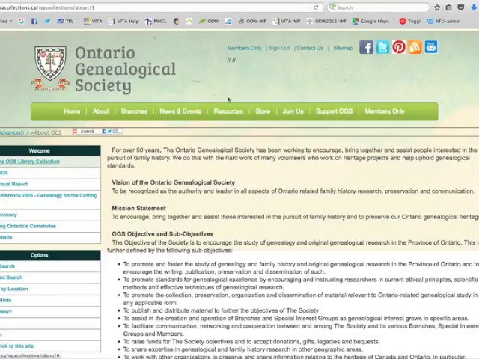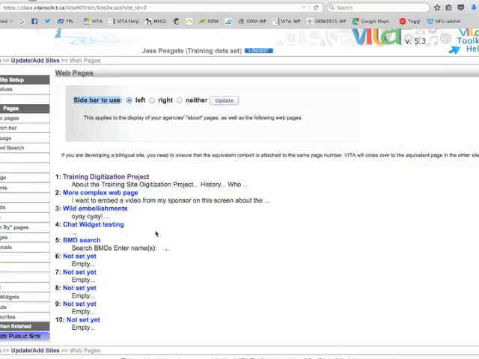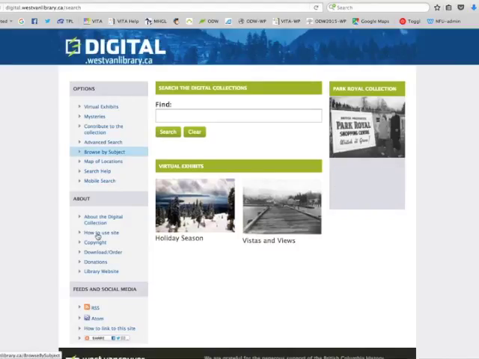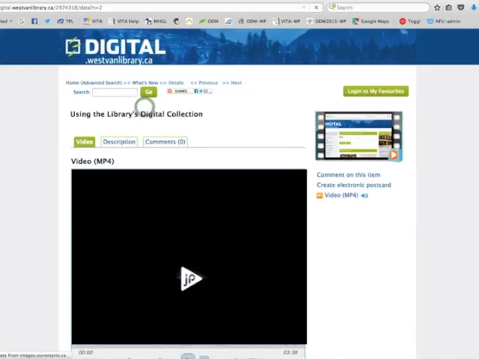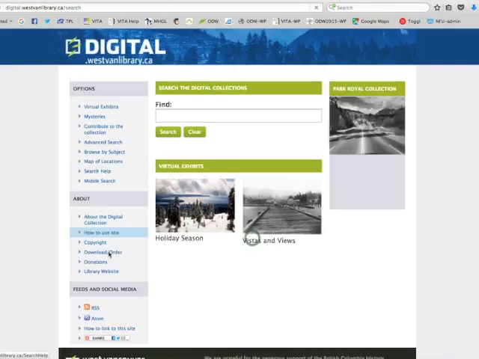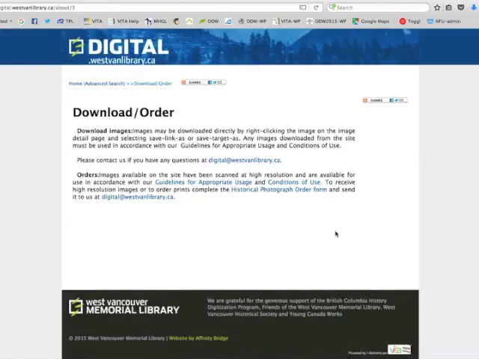So you can choose the left sidebar or you can choose the right sidebar, but you have to choose one for all of your web pages. So you can choose to use the left one or the right one, or if you want, like Digital West Van, they use neither. So that means that then you've got nothing going on either side to clutter your web page. I should probably use a different example. So that you've got just the full width of text, your custom text on the web page. You already have your navigation up above, so that's the simplest way for people to navigate back to the home